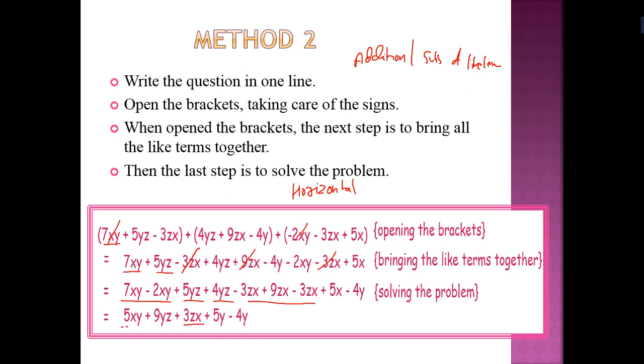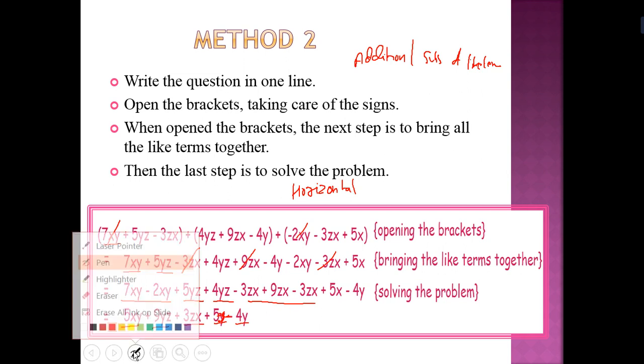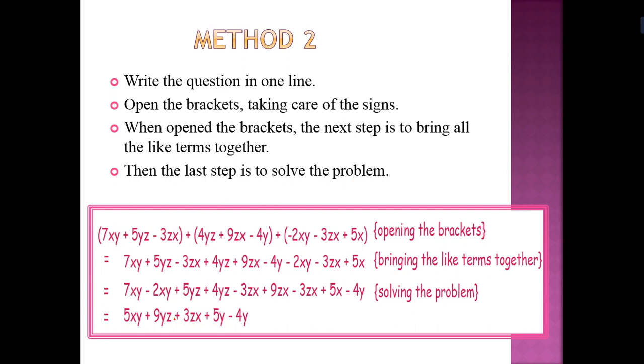Here 5, here 9, and these two are unlike terms, we cannot do it here. So here we have to write 5x. So that is the second method. That is addition and subtraction of only like terms with the same power, always remember.